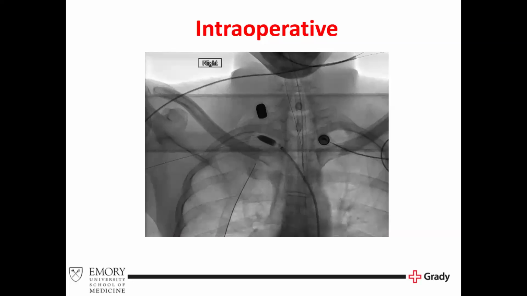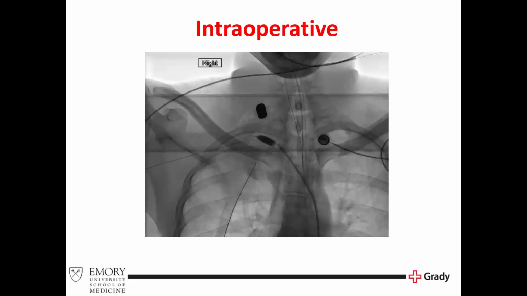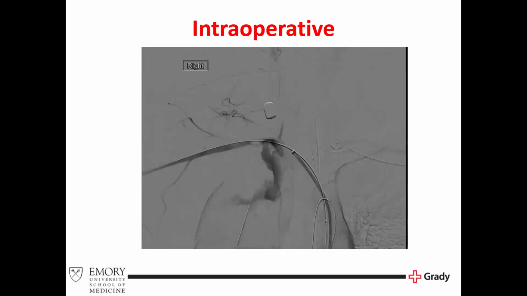Next, after we had our Excluder balloon up, we tried to pass a wire, and we were unable to pass the wire antegrade down the artery. It kept on coiling. And so we ended up doing a right brachial artery cut down and passed a wire retrograde in a rendezvous procedure. You mean antegrade, right? Or retrograde? Retrograde, sorry. We couldn't pass the wire antegrade, and then we did the brachial artery cut down and were able to pass the wire